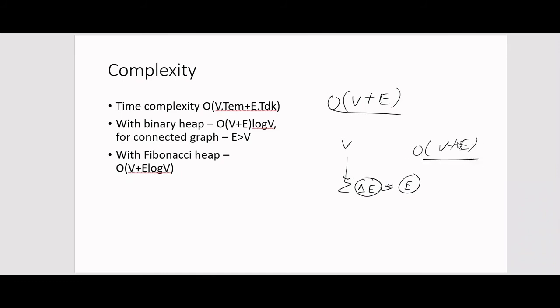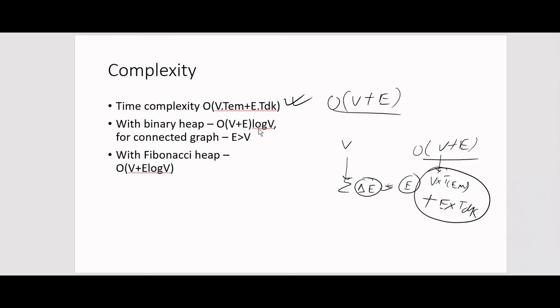In case of Dijkstra, when I'm traversing, in each iteration I'm pulling out the node with minimum distance. So it would be V multiplied by the time taken to extract the minimum node, plus when I'm visiting the neighbor, I'm decreasing the priority and updating it in the queue. So at that time I am going to add E times the time taken to decrease priority. So this is my time complexity.